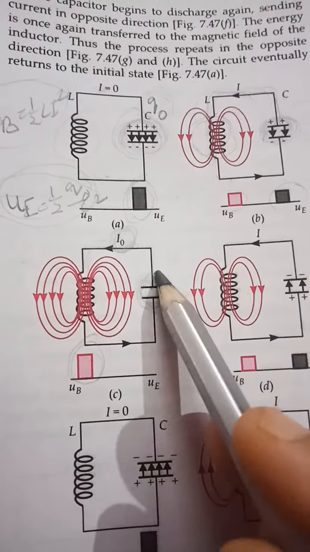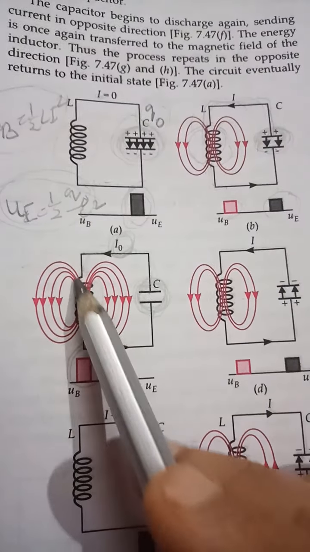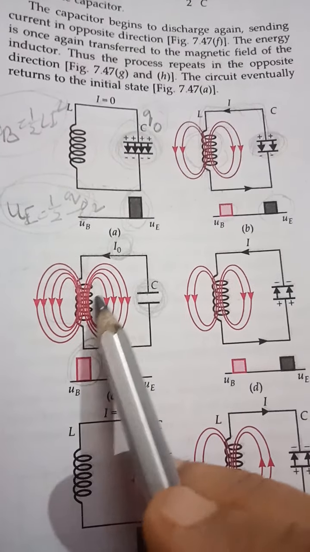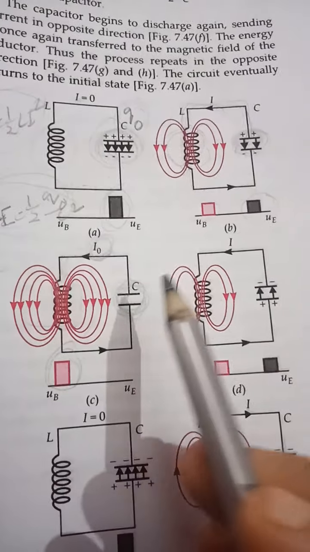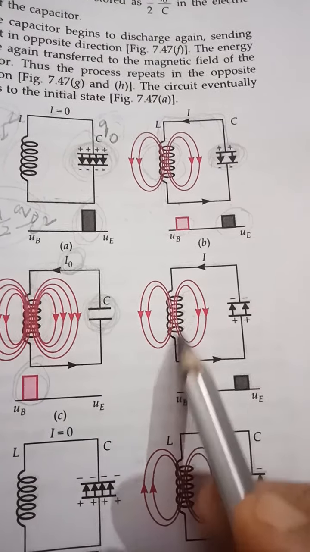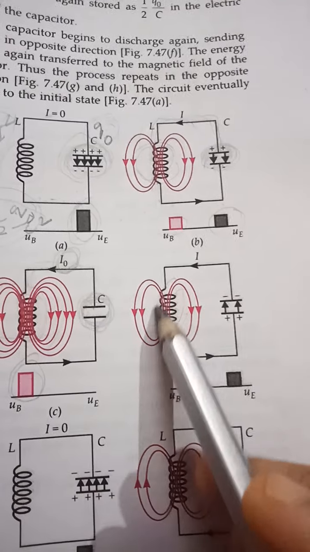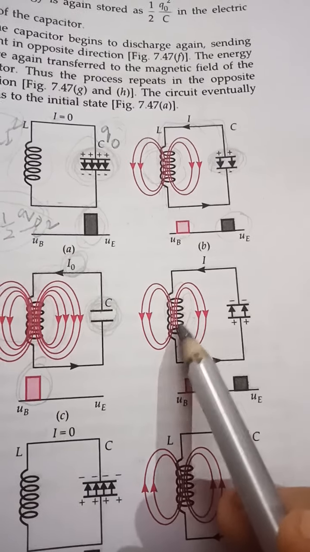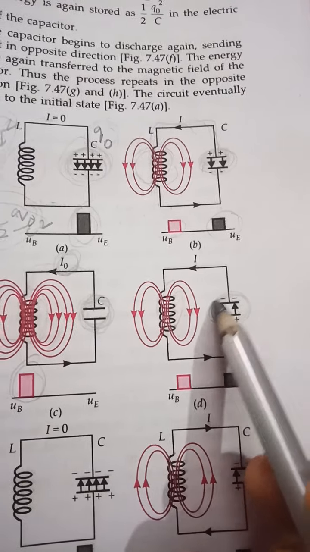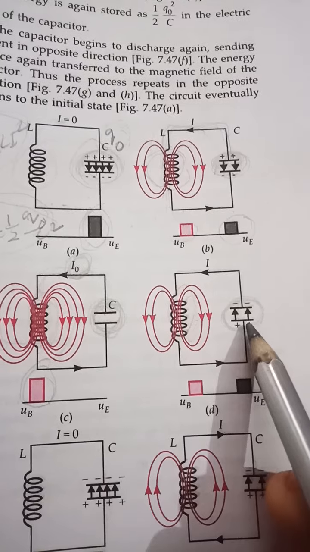Now there is no increment of the current flowing in the inductor, but the magnetic field is associated with it. When no change in flux takes place, the magnetic field starts decaying through the inductor automatically, and the magnetic field lines go on decreasing. So again a change in flux takes place, and the capacitor starts charging again, but now the charging takes place in the opposite direction.